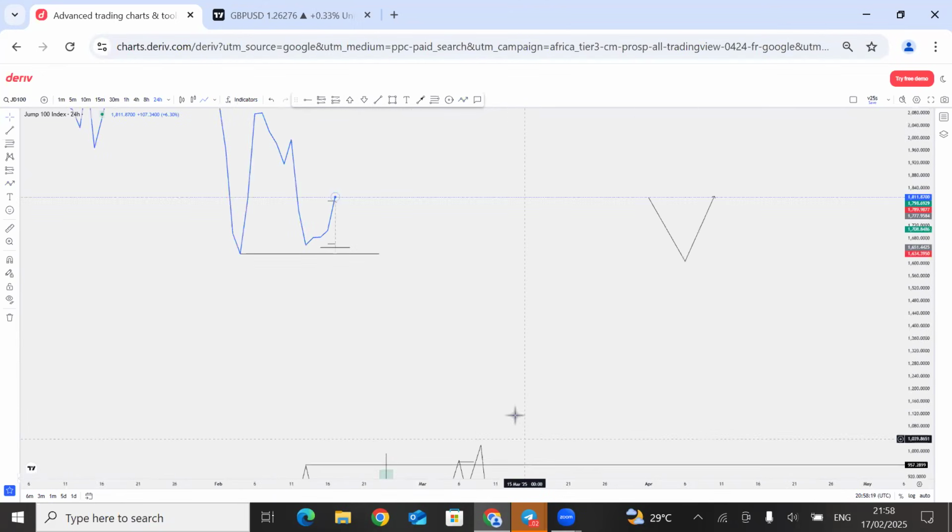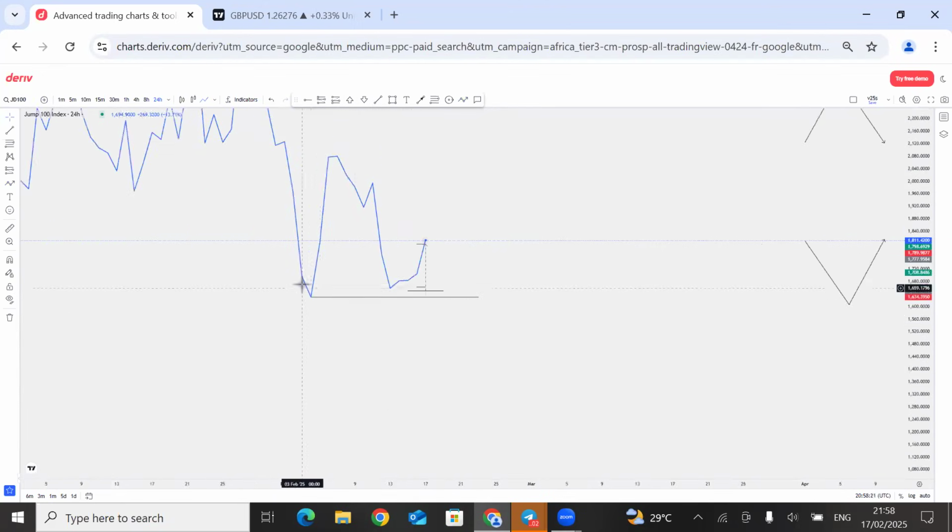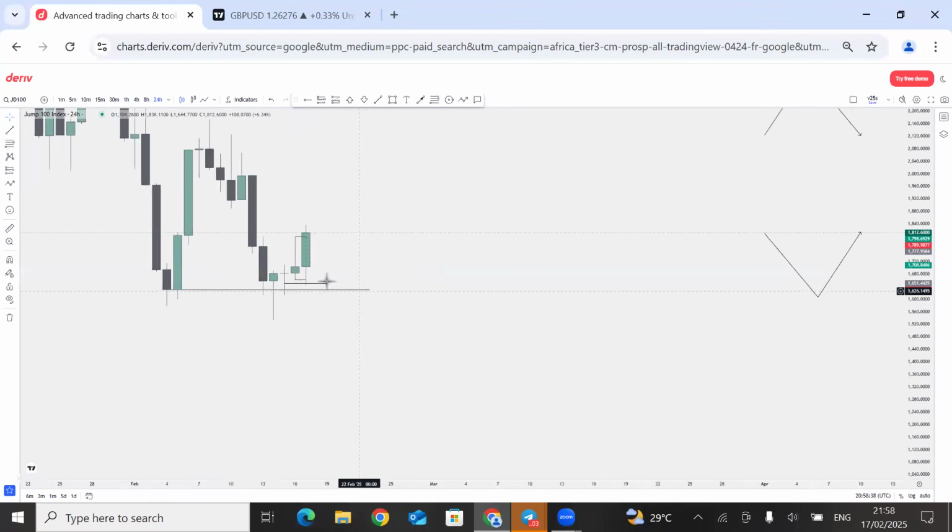So let's take an example. Here is a V-shaped key level on the daily time frame, on 24 hours. What happened? For you to know if price came and tapped in, you just need the line chart to mark out your key level. Once it has been marked, you switch back to your candlestick. You see what happened here? Price came, tapped into the key level and closed above the key level.